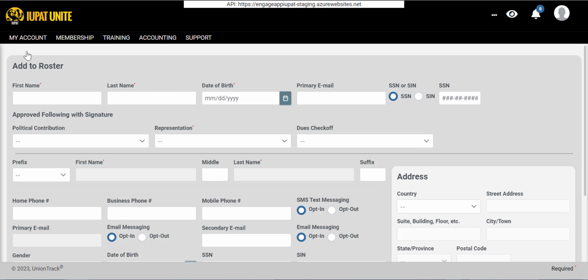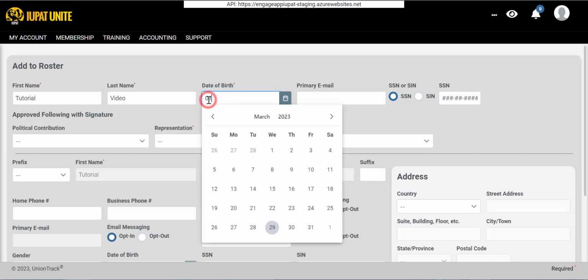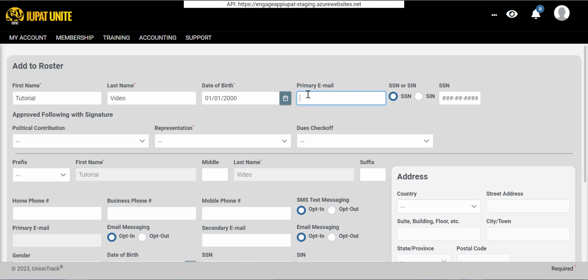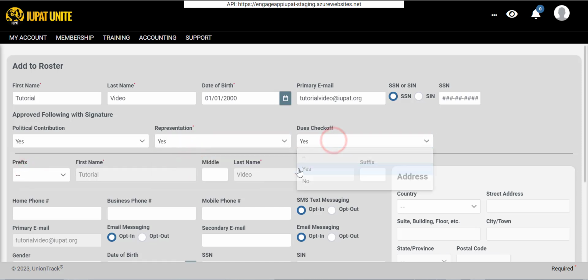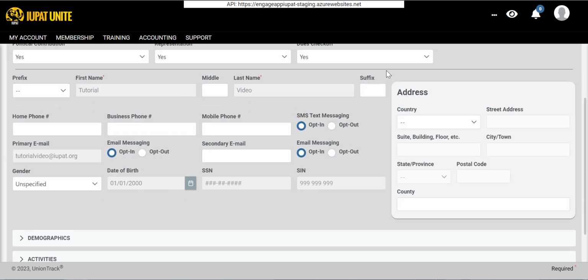So to add a member, we're going to go and fill out some of this information here. Just name it tutorial video. So you're going to select your political contribution, representation, dues, checkoff. You can put a prefix, middle initial, suffix, home phone number, a mobile number, opt them in or out of messaging, email messaging,